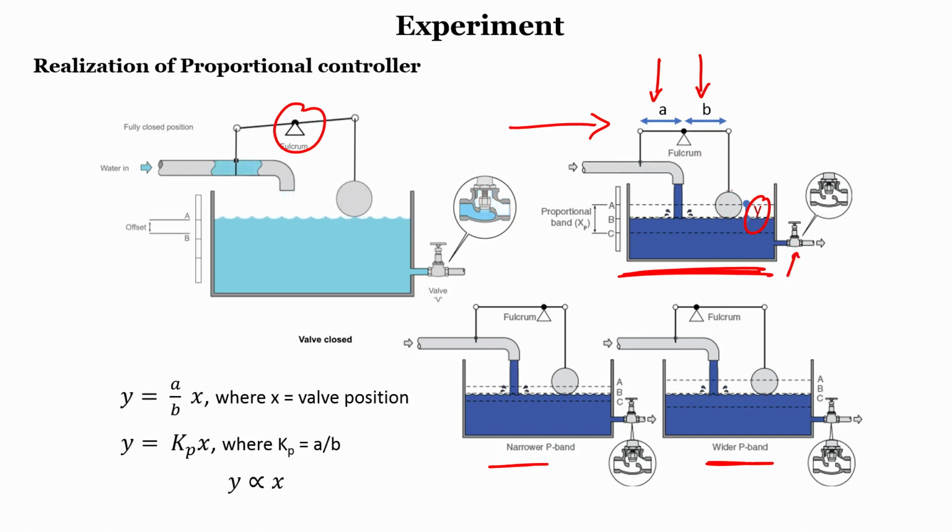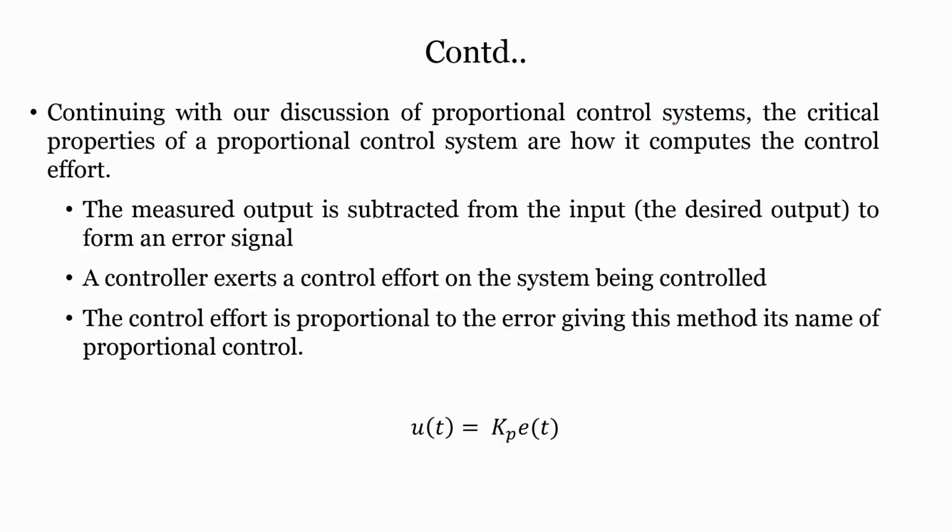So, this difference is nothing but y, right, and if you want to know y, then y is proportional to x, which is your proportional band, where y is proportional to x, and you can also write y equals Kp x, where Kp is nothing but A by B. So, continuing with our discussion of proportional control system, the critical properties of proportional system are how it computes the